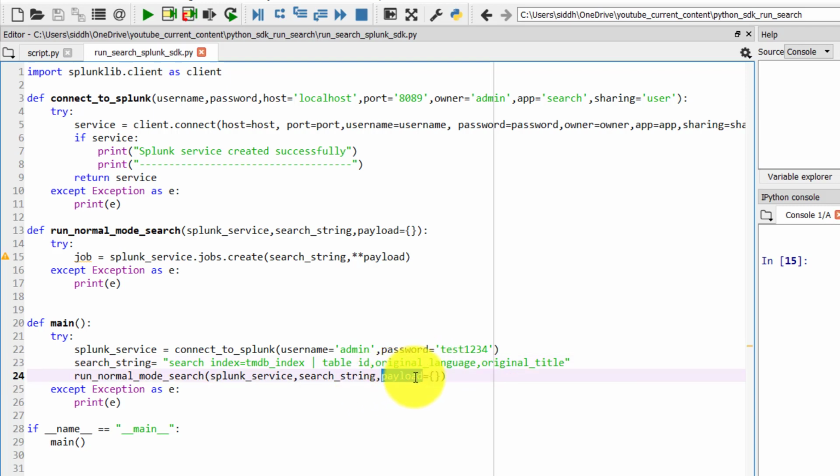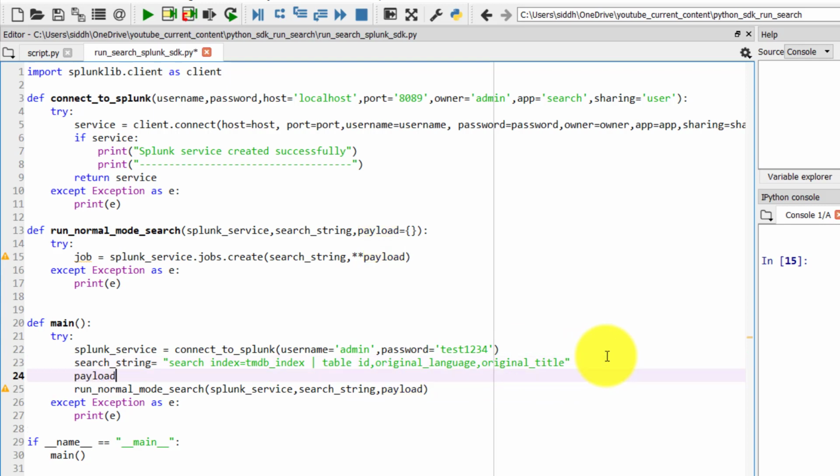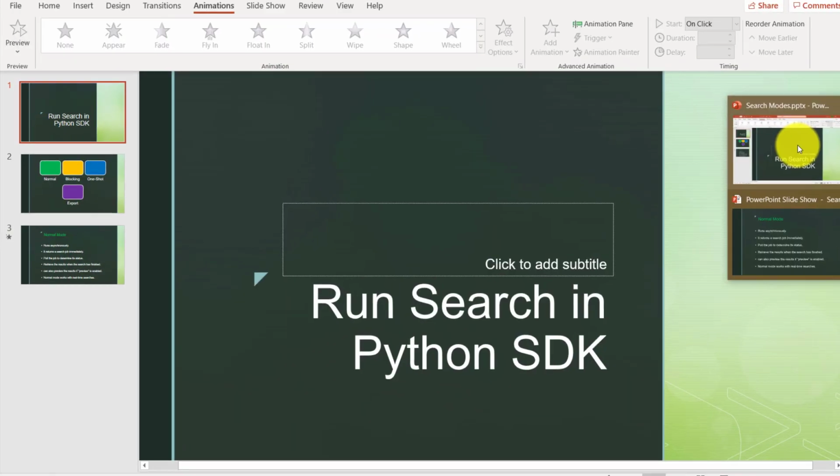Let's create a new variable called payload, which will be a dictionary. As I said, this payload will basically tell us whether this particular search is running in normal mode or it's a blocking search, whatever we saw in our PPT.